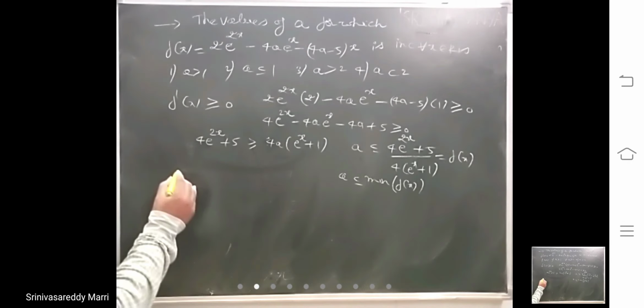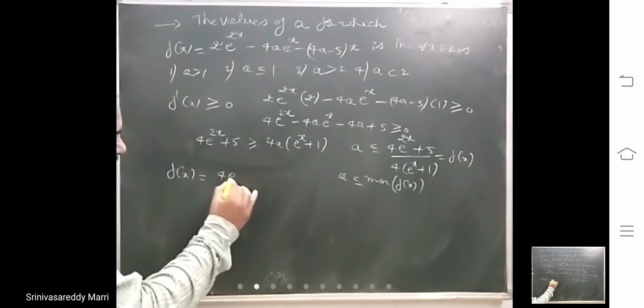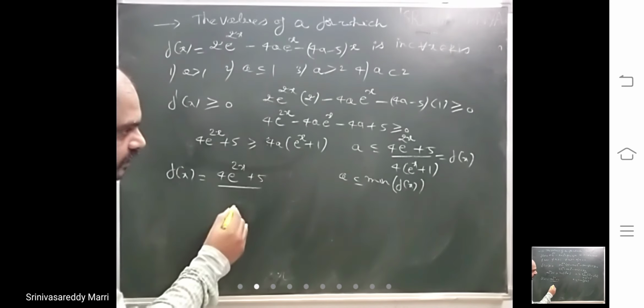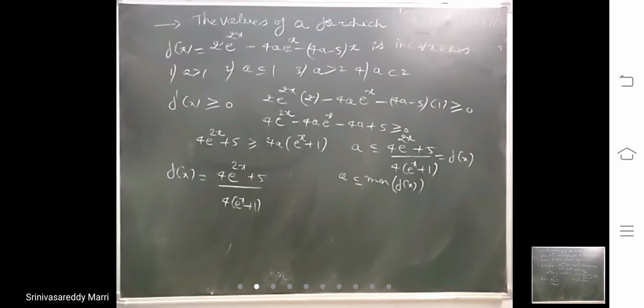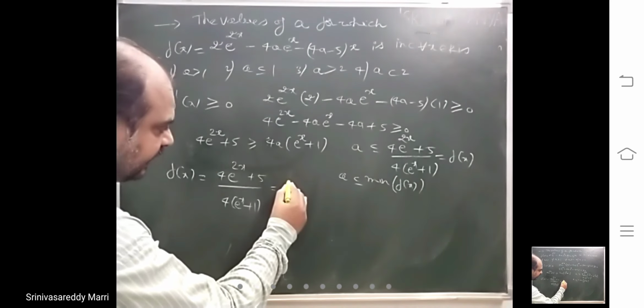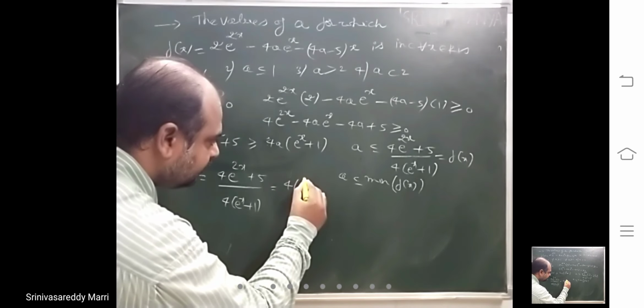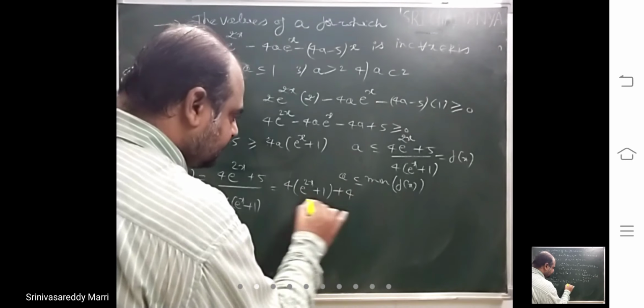So look at, take f of x. How will I find the minimum value? Look at how I am finding. I am writing this as 4 into e power 2x plus 1, e power 2x plus 1 plus 4. Look at the logic,